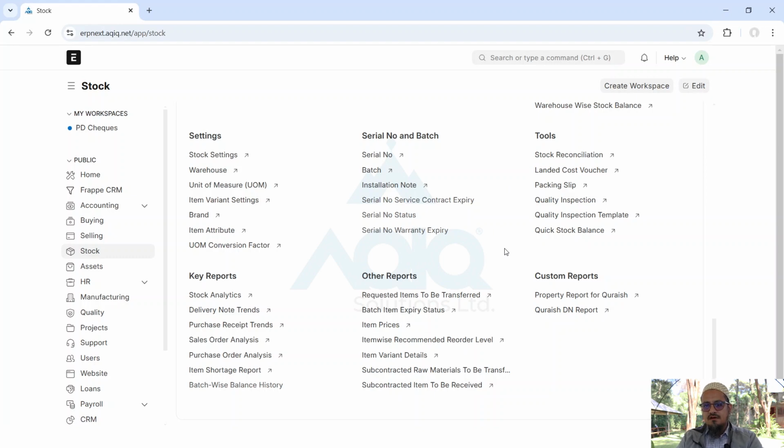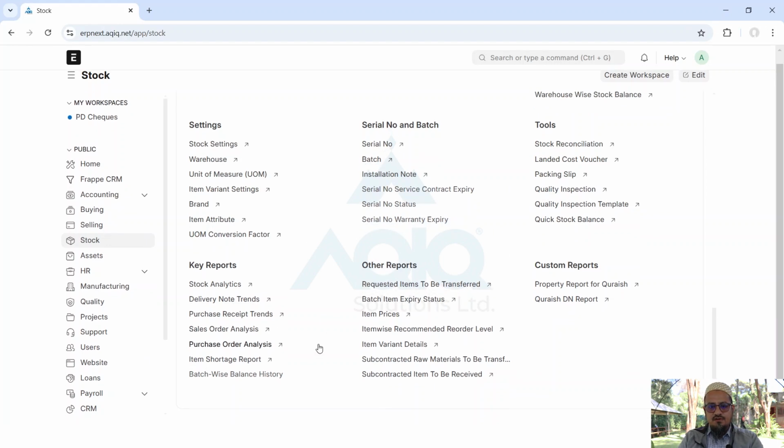Okay, then we have reports over here. You can see a lot of options over here. You can see very quickly your stock balances. There is quality inspection as well. Like if I have an item and I mark it as needing an inspection,